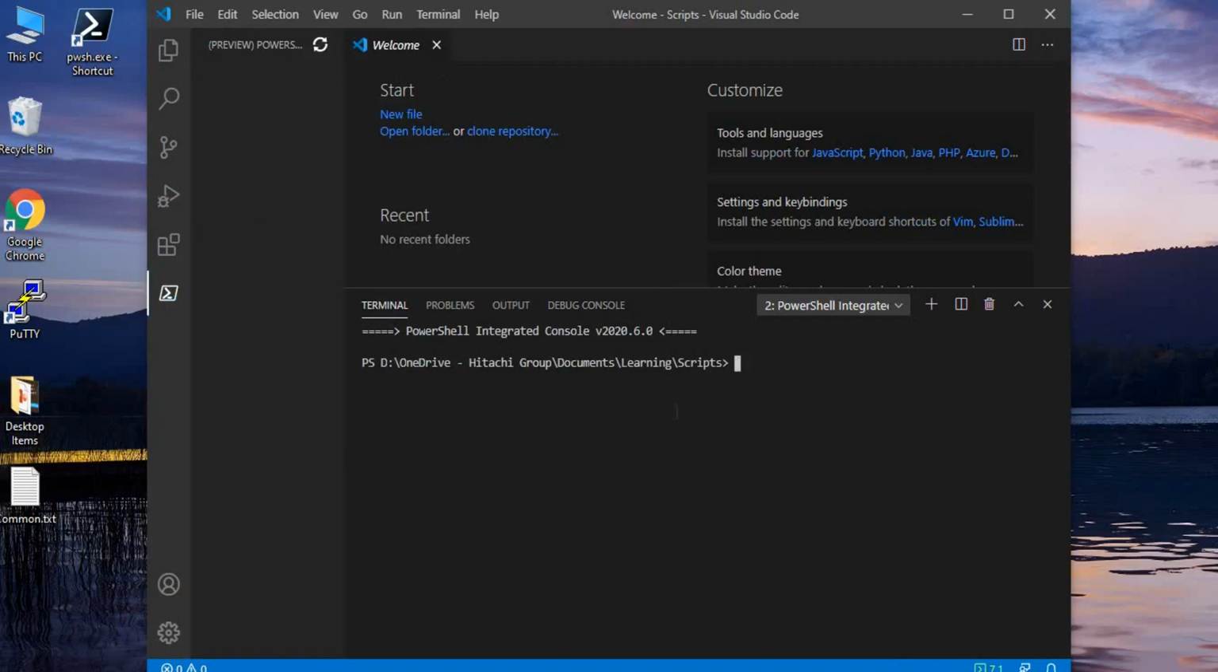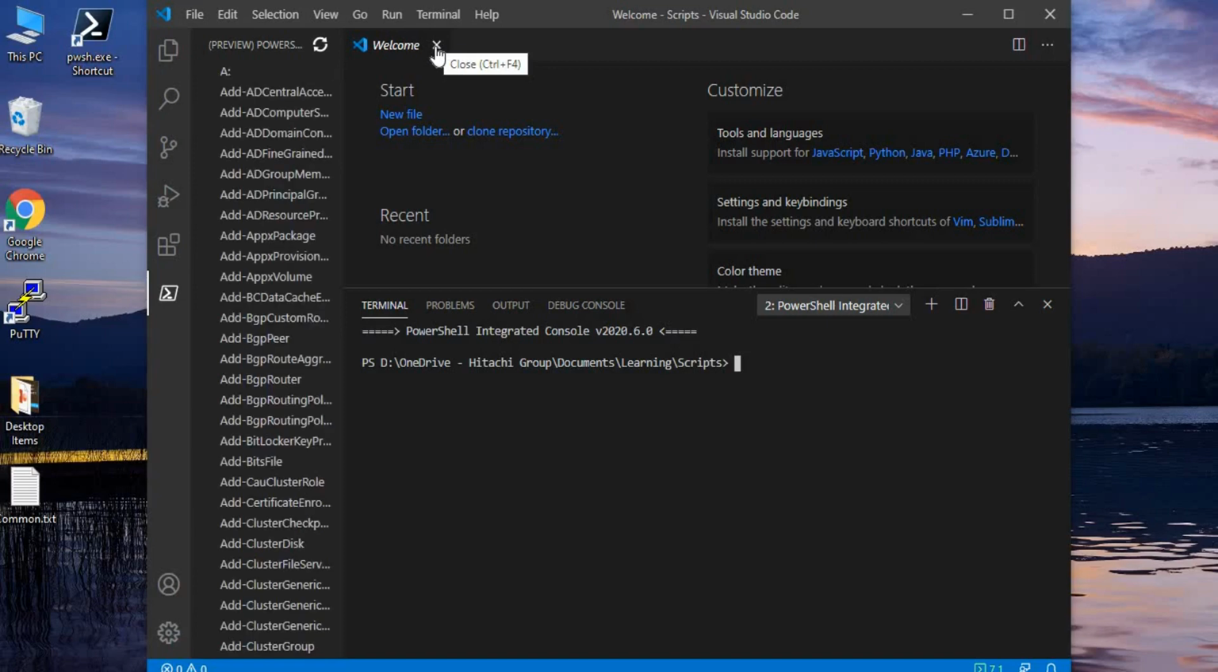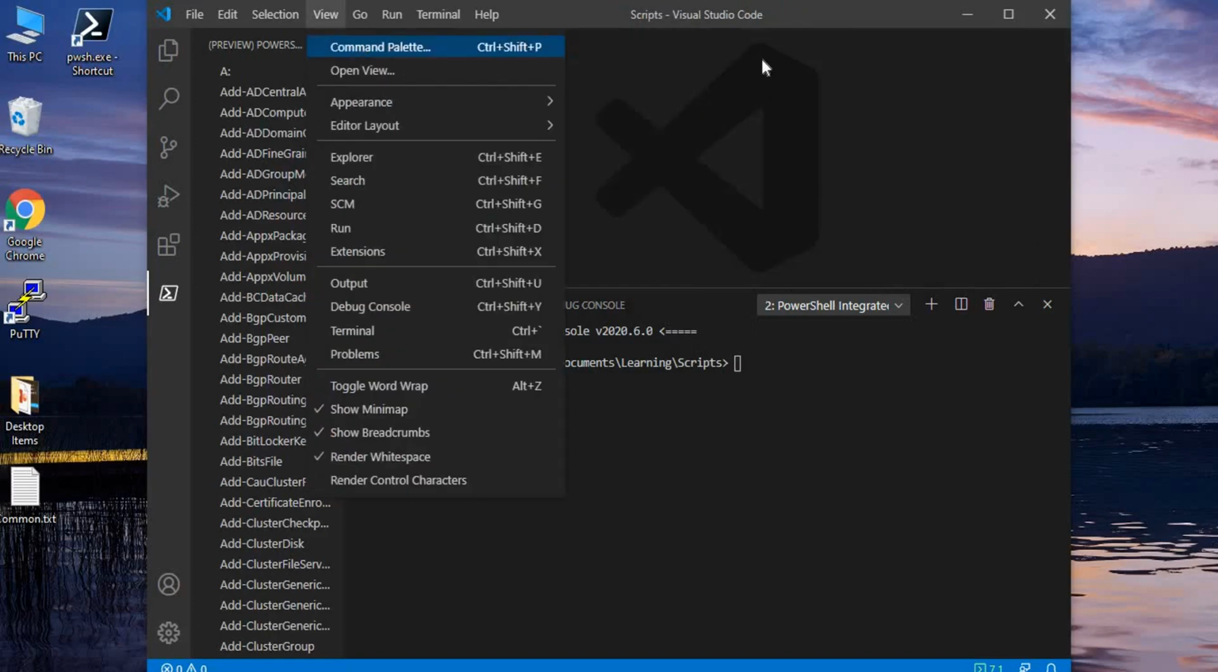But as you can see, it is very much different from PowerShell ISE. In case somebody is coming from a PowerShell ISE background, he may feel some difficulty in using VS Code. For that, Microsoft has a provision: we can create a PowerShell ISE environment in Visual Studio Code as well. If we want to create that, we can click View,